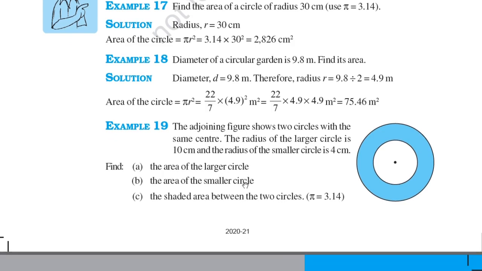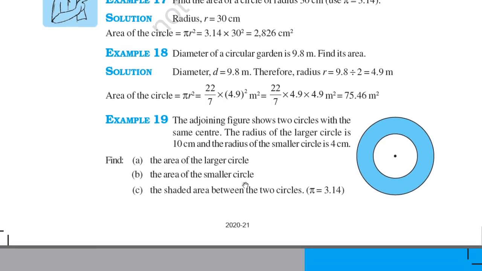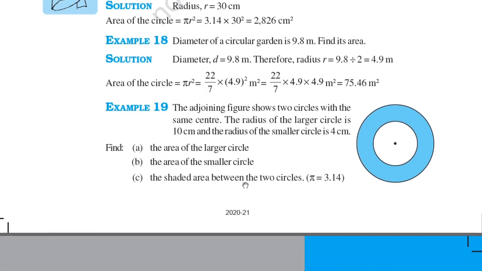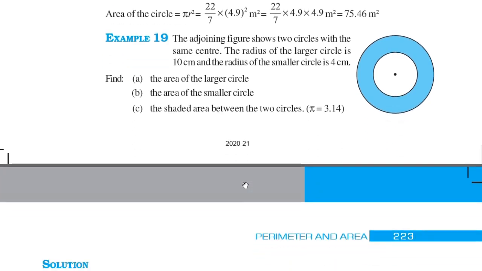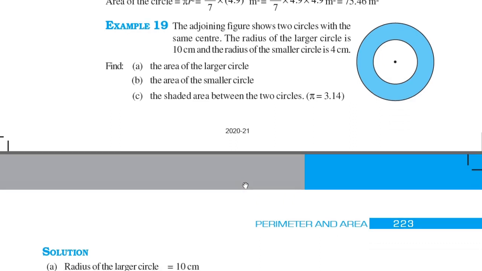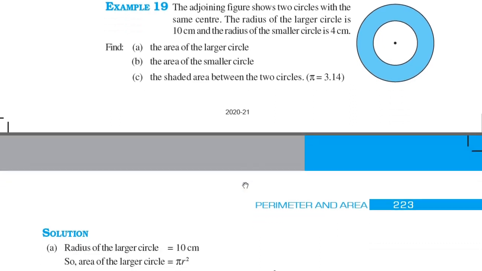So example number 19. The adjoining figure shows two circles with the same center. So you can see in the figure there are two circles with the same center. The radius of the larger circle is 10 and the radius of the smaller is 4. So we have to find the area of the large circle, the area of the small circle and the shaded area between the two circles. So the solution is,